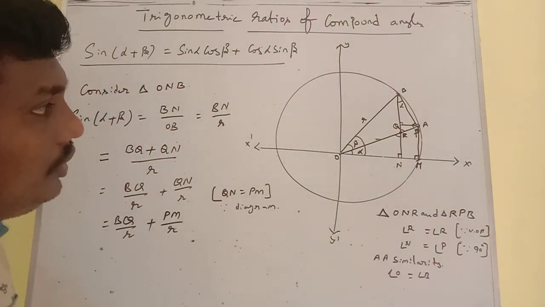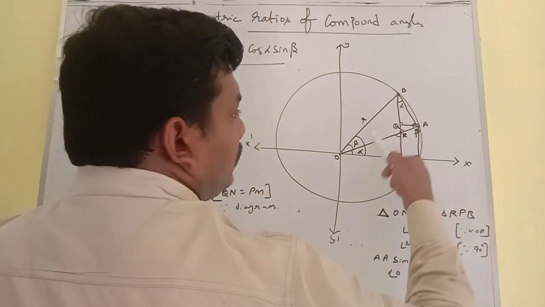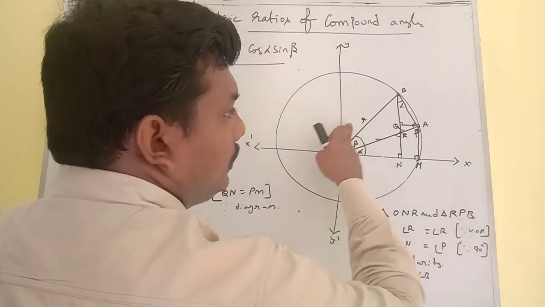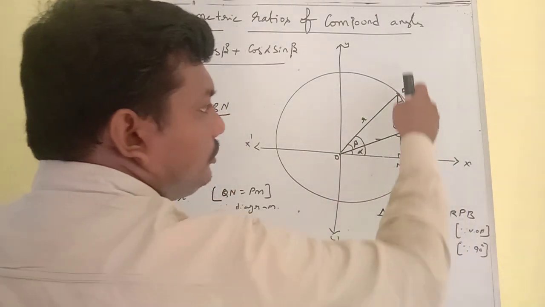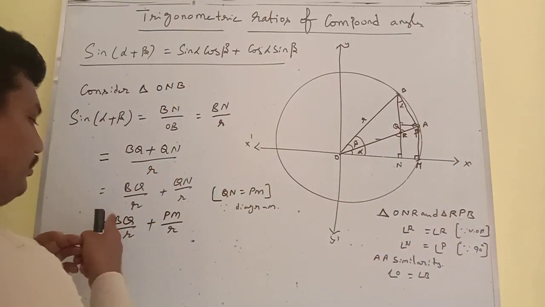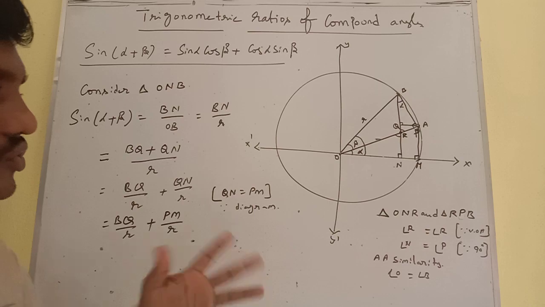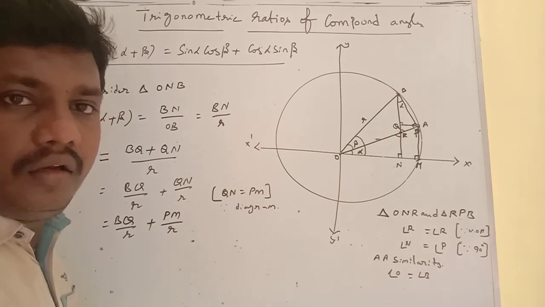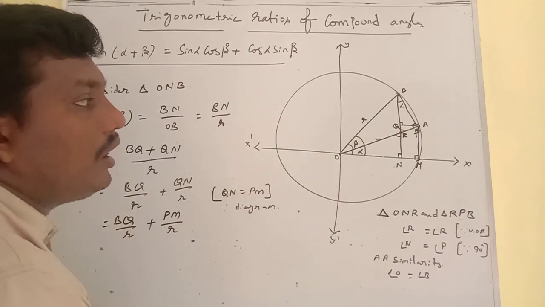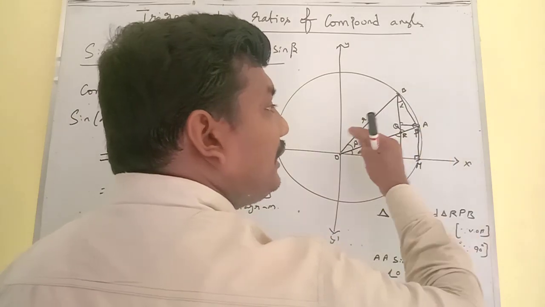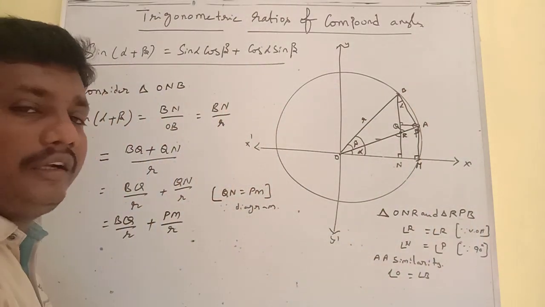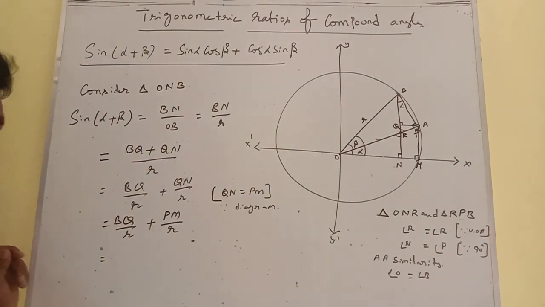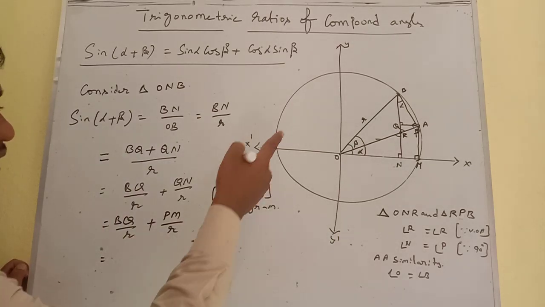Now, if you consider this R, it is common for the BA side, and this BA is interlinked with BQ. That means here BQ is there. So between BQ and R there is no relation, because there is no right angle triangle. Where there is a right angle triangle, BQ or R are both commonly related to AB. That's the reason why this ratio will be multiplied by AB by AB.